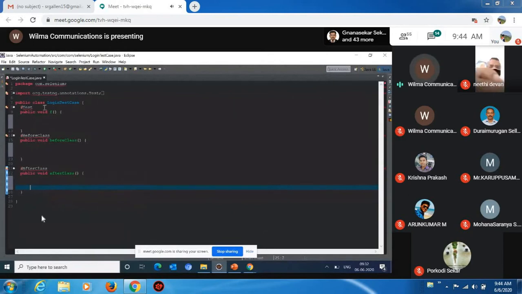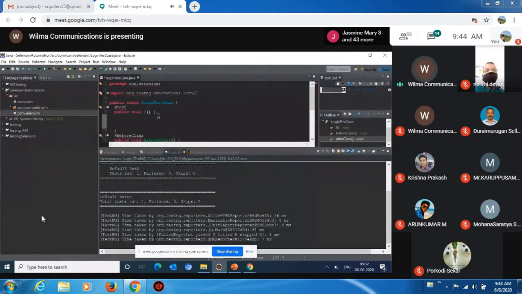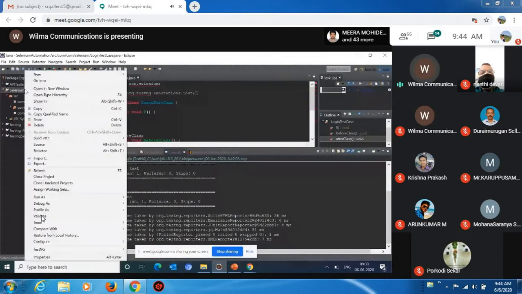Now here we can see we have a couple of errors. So what are the things pending? We have not completed the environmental configuration part. That means we have not configured all the related Selenium jar files and everything. So first we have to go to our project, right click on the project, go to build path, add libraries.